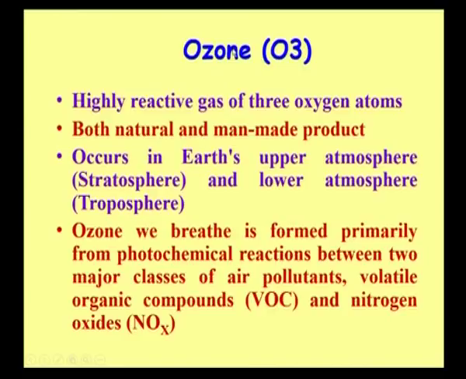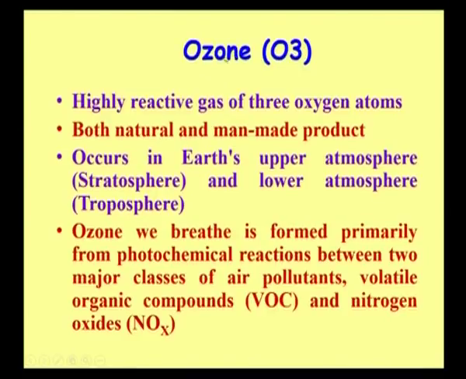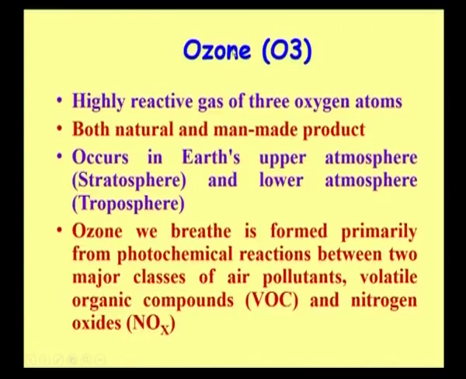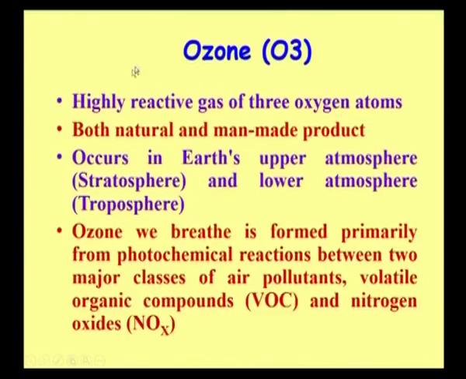Ozone, it is one of the most major pollutants, and it is a highly reactive gas of 3 oxygen atoms. That means, when oxygen molecules in the presence of ultraviolet rays are colliding, they are producing O3. That means, 3 O2 is producing 2 O3, and therefore, as it is coming from oxygen, we are calling it a secondary pollutant, and it is from natural forms and man-made,